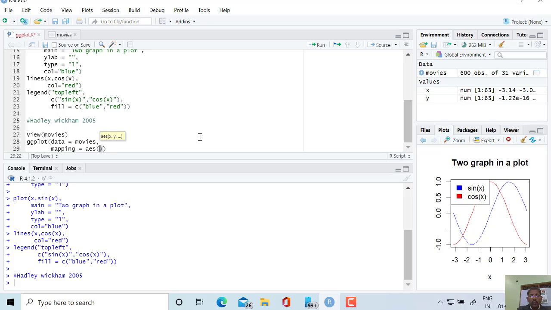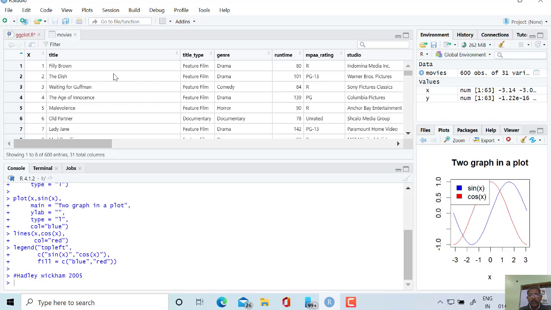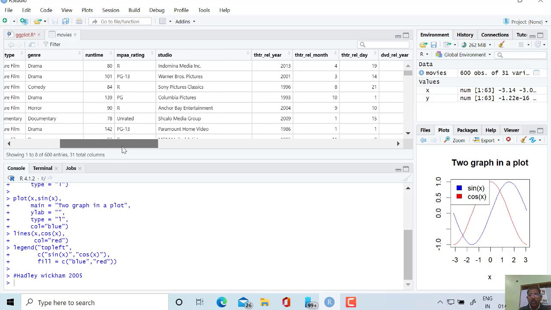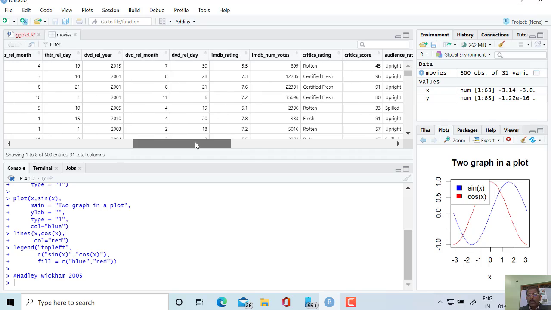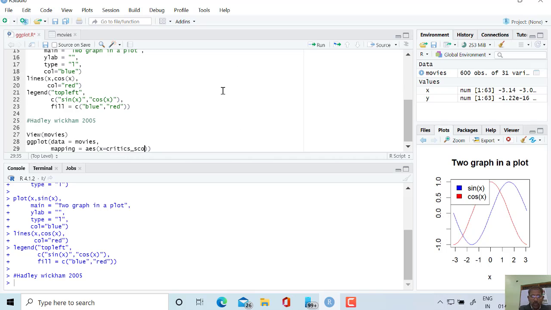So if both of the scores are the same, that means a straight line with an inclination of 45 degrees should be there, otherwise the inclination will lean in the direction of whichever is dominating. So let us write on the x direction, x equal to critic score. Let me see the actual spelling of my attribute, what is critic score, so that no spelling mistakes should be there. Score is there, and again second is y.